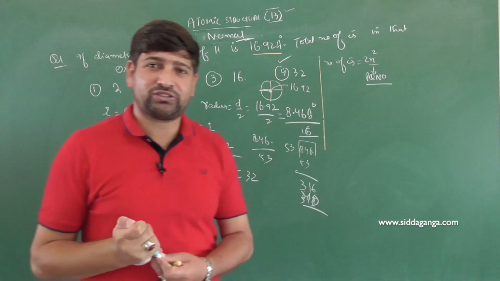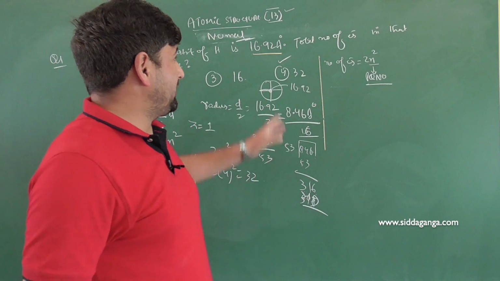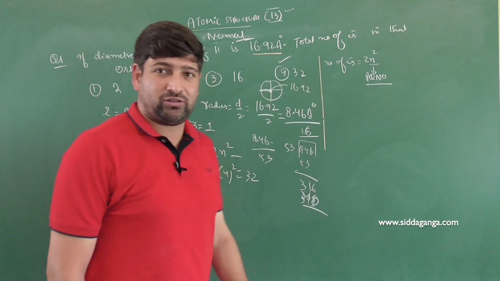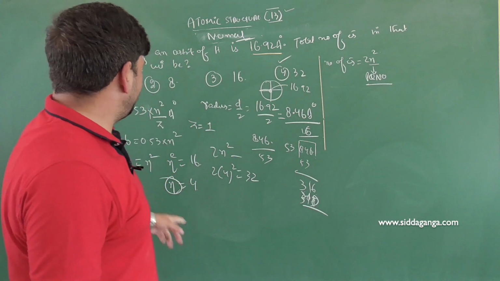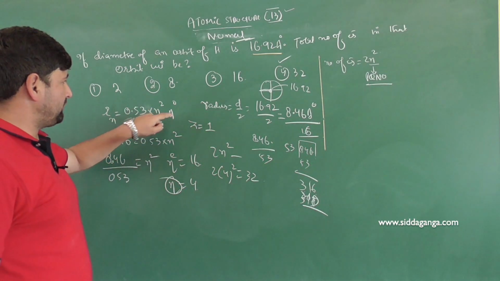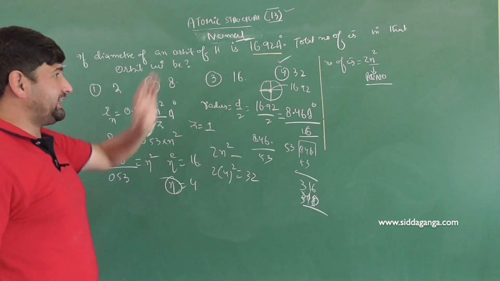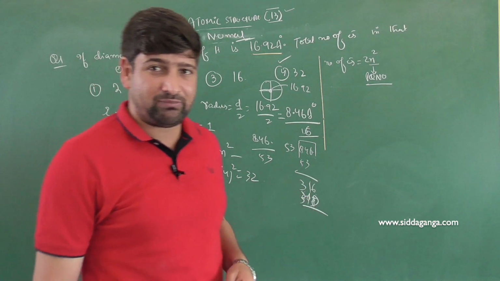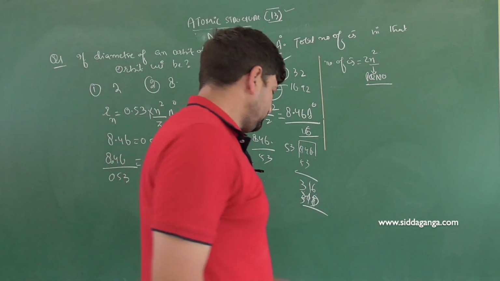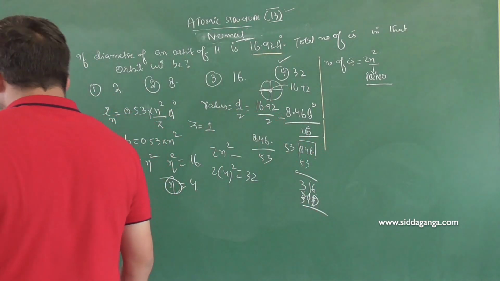So what I did in this question, children, was we had been given the diameter and we were asked to find the total number of electrons in that orbit. It is quite simple because the radius of nth orbital of hydrogen equals 0.53 into n square by z angstrom. Taking that equation into mind, we were able to solve this question. Am I clear with this thought? Excellent. Let us see the next question, children.